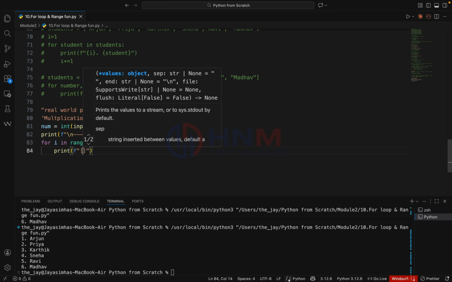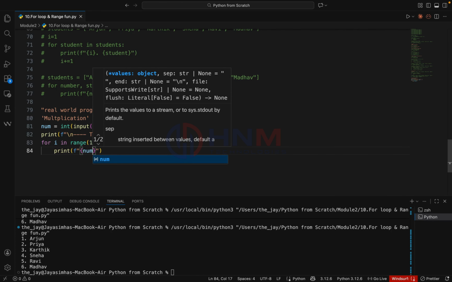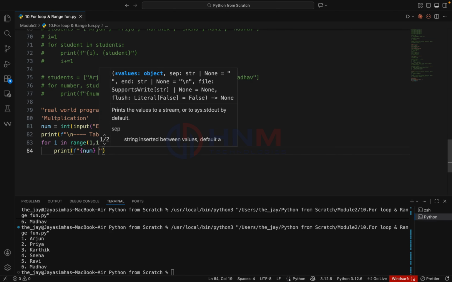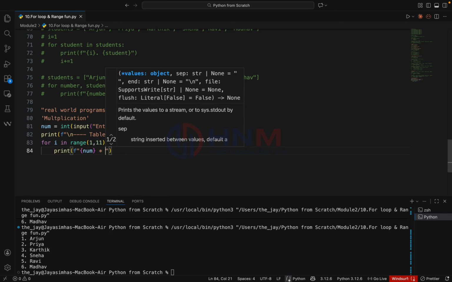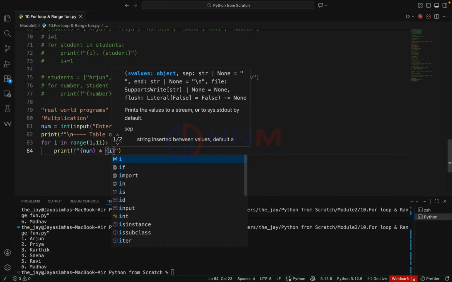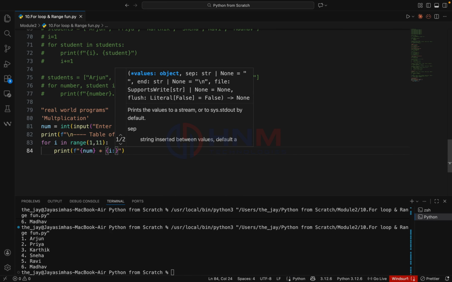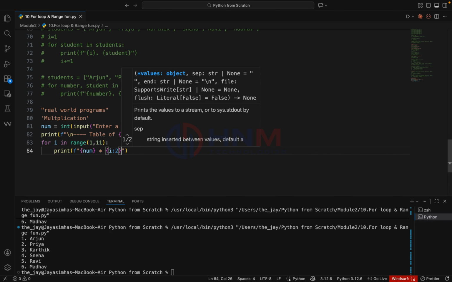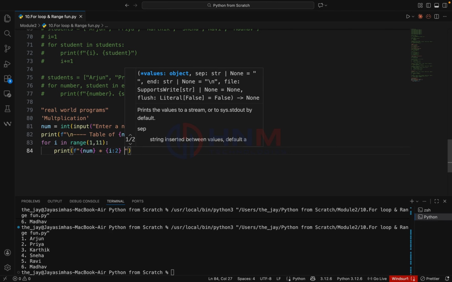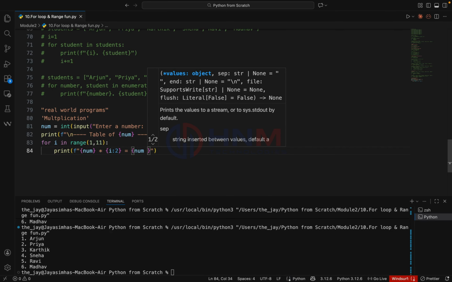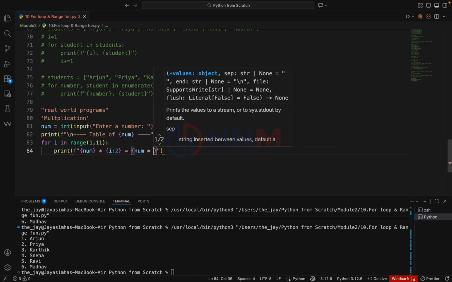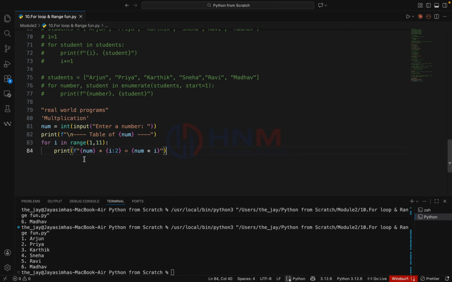First I want the number which is taken from the user, multiplying that, and I want i, and x, and equal to num multiplied with the i, in range 1 to 11. See,